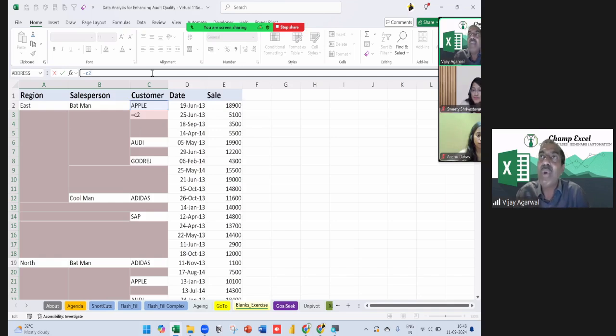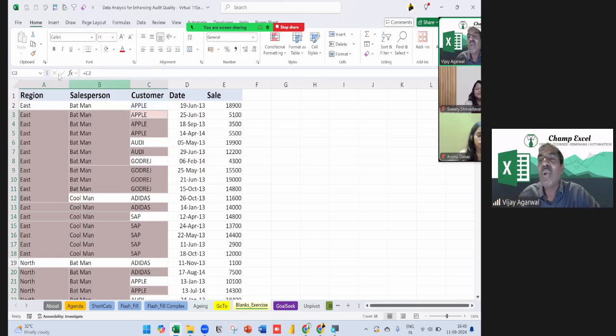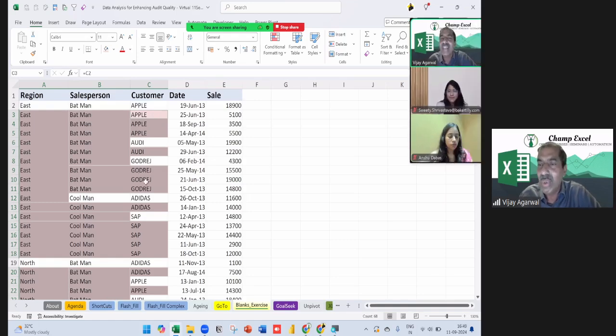And my formula, if I put it in one slide, automatically my reference will get changed. So instead of pressing Enter, if I use the shortcut key, Control+Enter, then automatically all the cells are filled within seconds, right? So irrespective of the data size, the quality is good and everything is done within seconds.